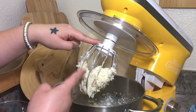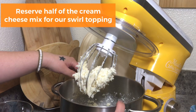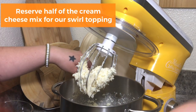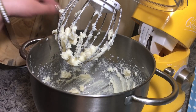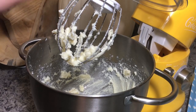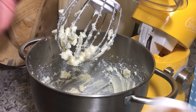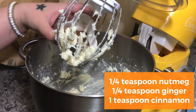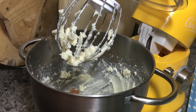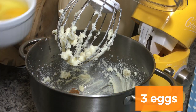You see, it's creamy. So you are going to take half of what you have in here and you're gonna reserve it for our swirl. Okay. Alrighty, now that we have reserved half in a separate bowl, I'm going to add the remaining of the ingredients. So we are going to add our seasonings. So we have ginger, nutmeg, and cinnamon. I'm going to add in our eggs